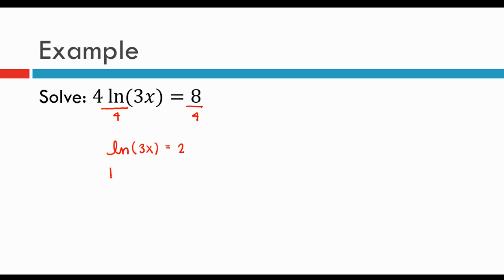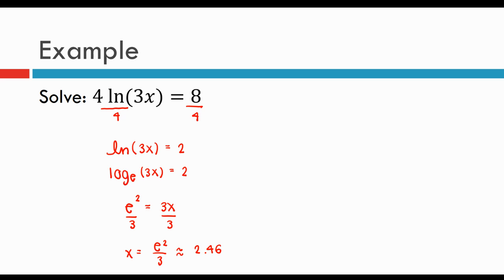So now don't forget, natural log is the same thing as log base e. So I am going to be able now, since I have the log isolated by itself, to rewrite this into exponential form. So since the base is e, it's going to be e squared to equal 3x. What I'm going to do then to get x by itself is I'm going to divide both sides by 3, and then we're going to have this answer. So it's e squared divided by 3, which let's approximate it. So we'll use our calculator. Let's round to 2 decimal places, and notice that we'll get approximately